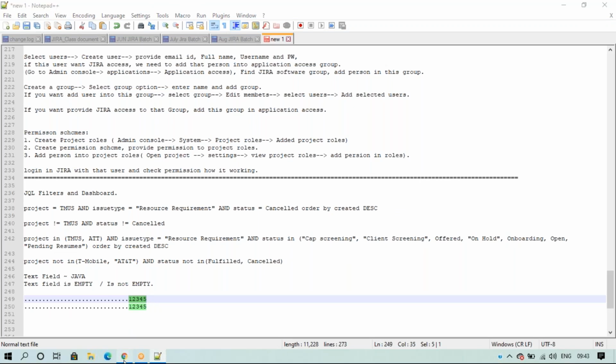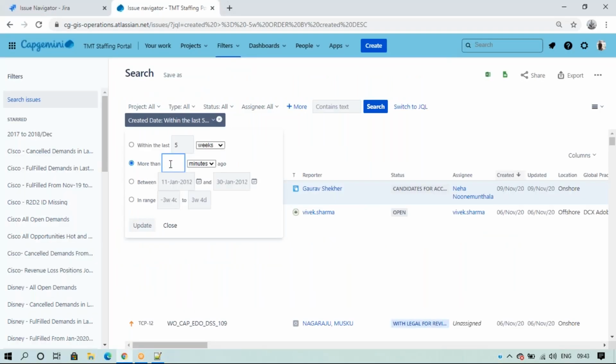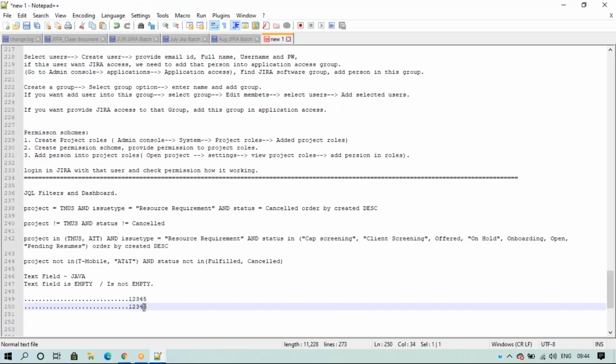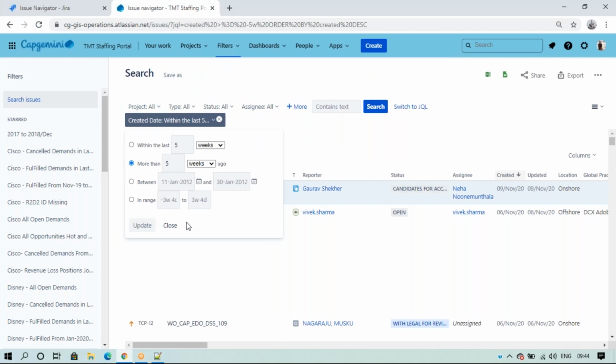Okay, but when I select "more than 5 weeks ago", for example 5 weeks ago, in that case, except for these numbers, this will become "now". Okay, so within "ago", remember these two. Like this we can generate.